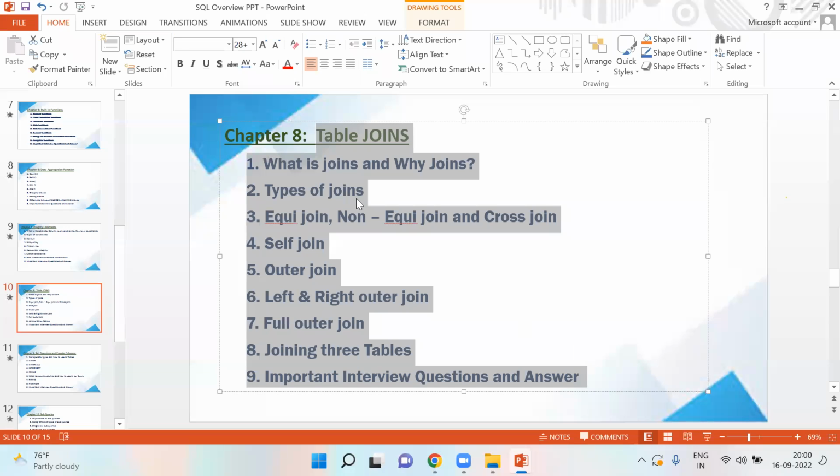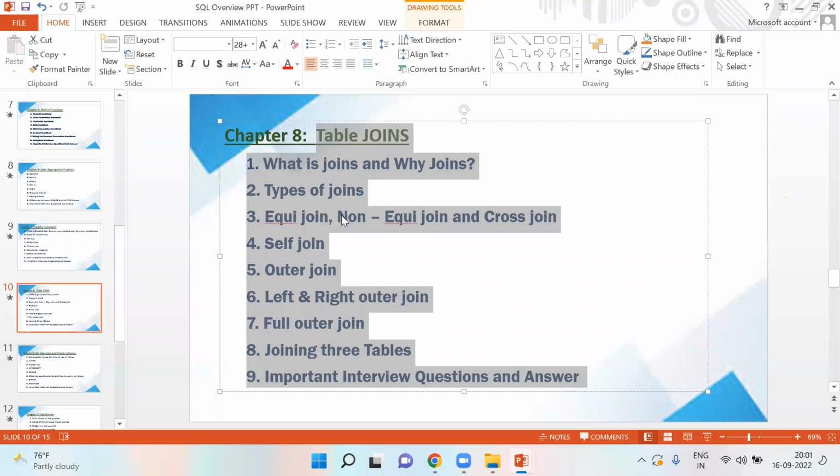You may have heard it. Okay, joins and all. If you have not worked on SQL, or even if you have worked on SQL, you may have heard somewhere about joins in a database. Okay, so how are you going to join 2 tables, 3 tables, 4 tables, 5 tables? I'll teach you up to five tables. How you're going to join 5 tables, I'll teach you. Okay, using join conditions.